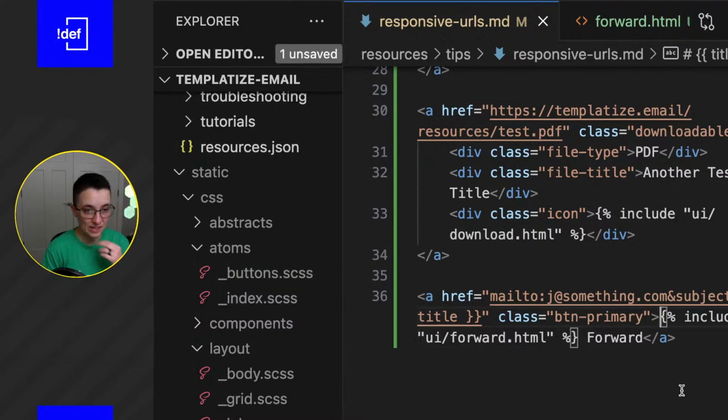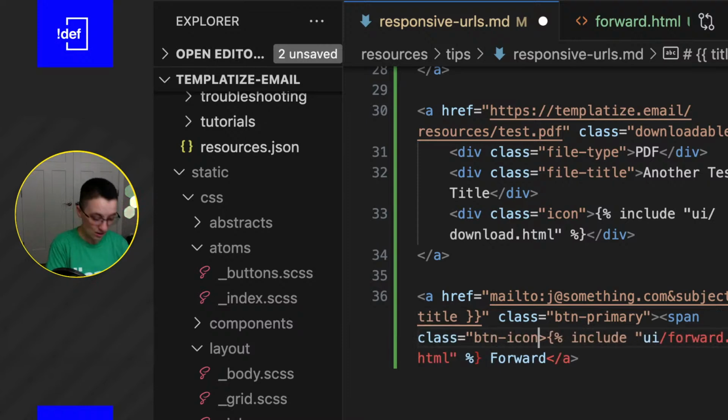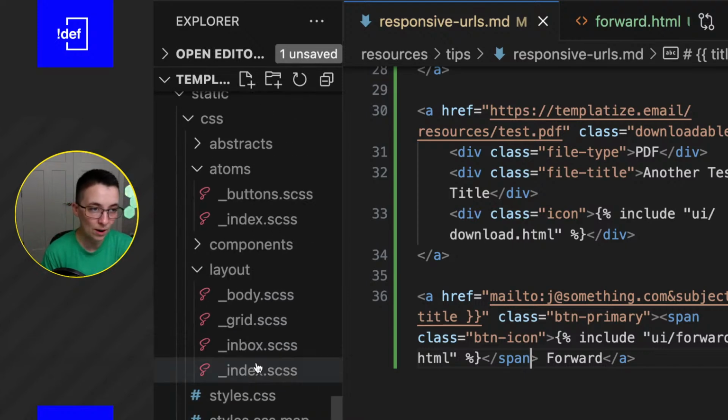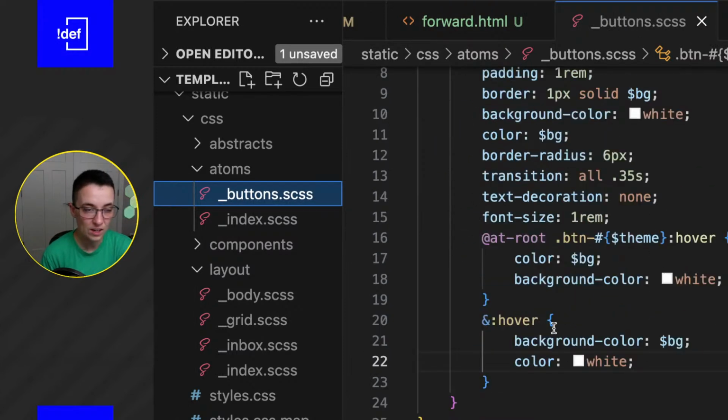I'm gonna put this inside of its own span this time. A span tag, class equals btn icon. That way we have a lot more control over it in our styles. So I don't want to mess with this too much because I feel like it's already got a really good